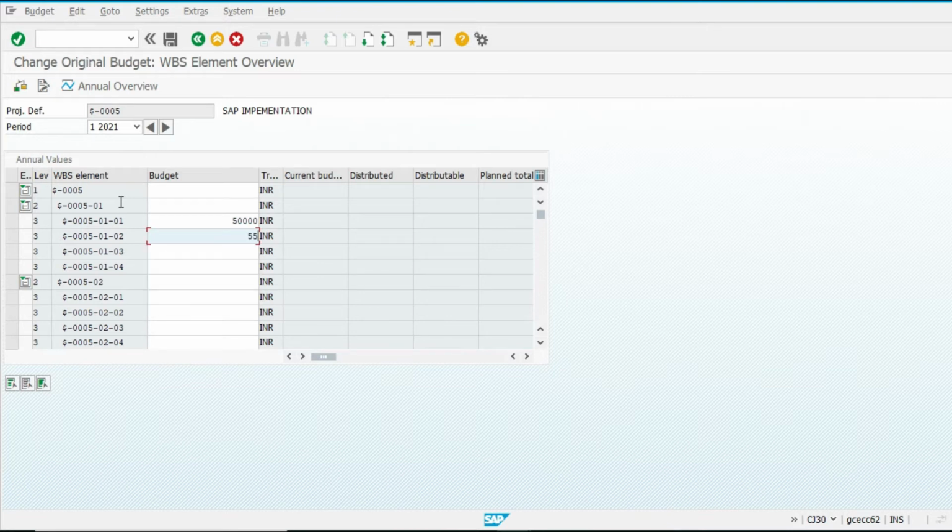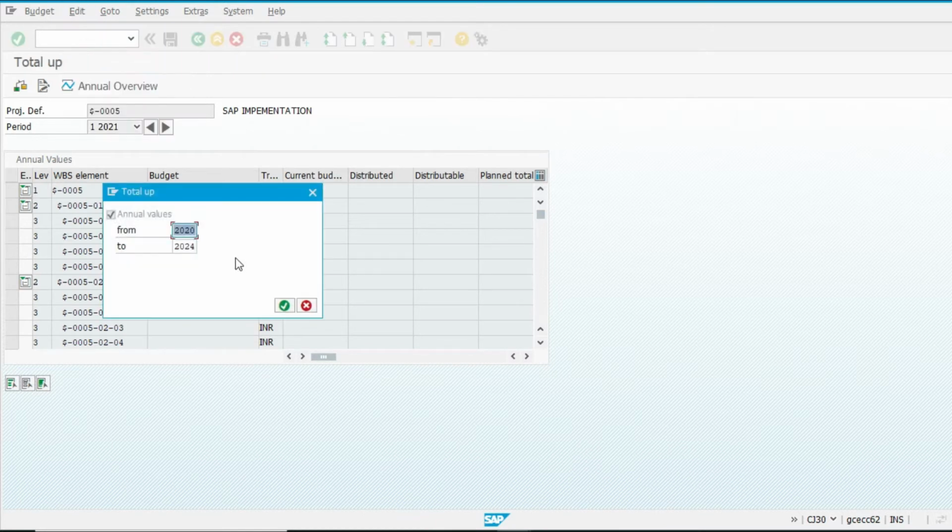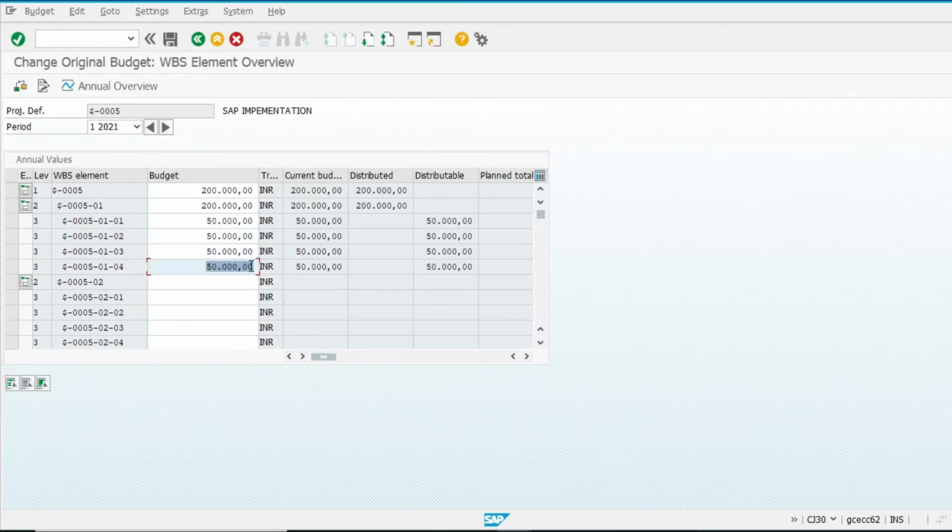This is bottom to up. I am just going to mention how much budget every activity is going to take. This is the blueprint phase. Edit, total up. See, if I do total up, then this amount goes up to project level also. Then save.